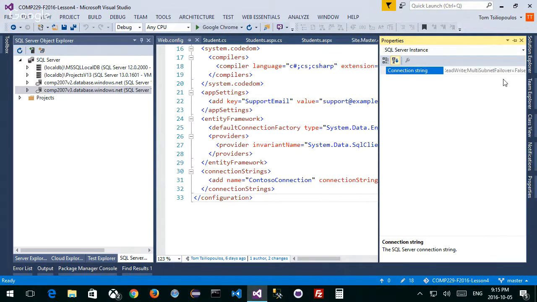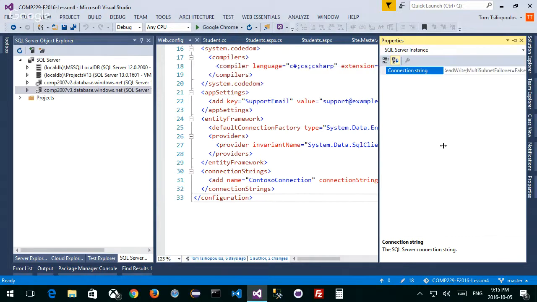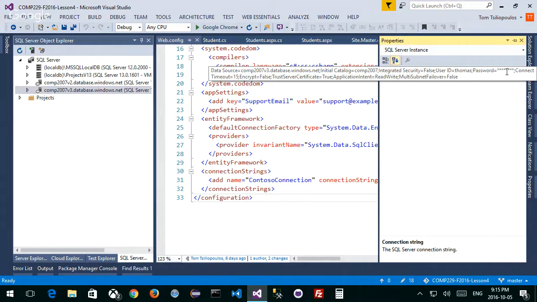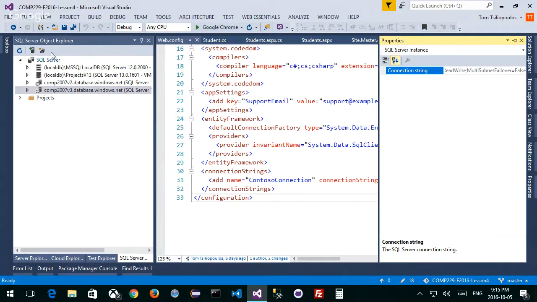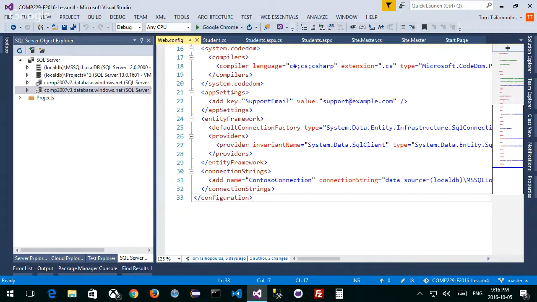Please be careful, though, that it's not exactly the same, and it doesn't include passwords, which means you'd have to go in and modify, edit the link to your connection string by adding in the password to your database. Okay, so you could do that. As long as it's inside your SQL Server Object Explorer, you could right-click and get your connection string data. And you can also get that from Azure. If you go up on Azure, it'll give you the connection string that you need. If you search inside the database link, it'll give you all the connection strings, all the information you need to put into your web config file. Okay. Again, I'm not forcing you to do a database on Azure. Its local database is just fine.